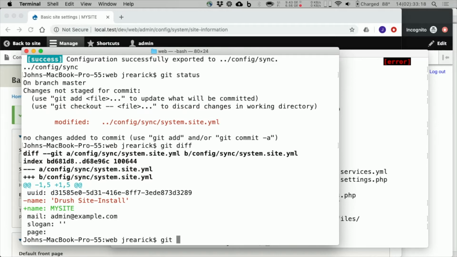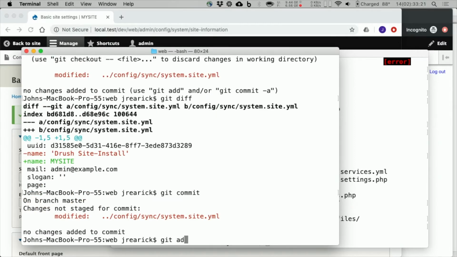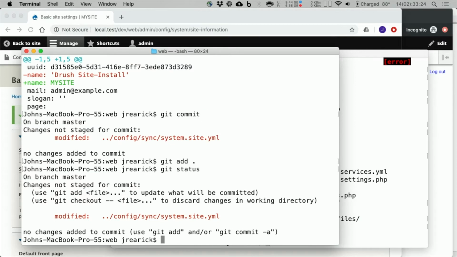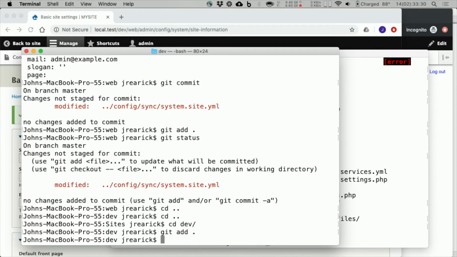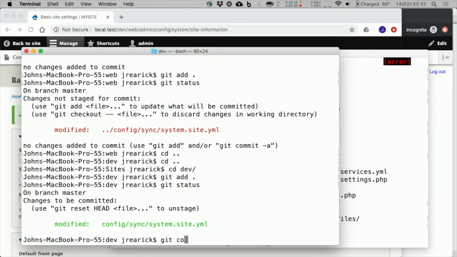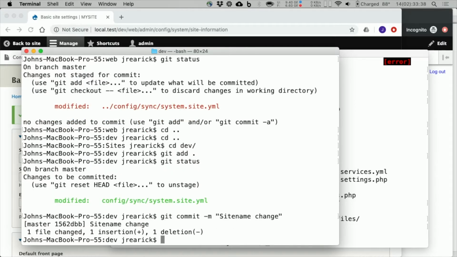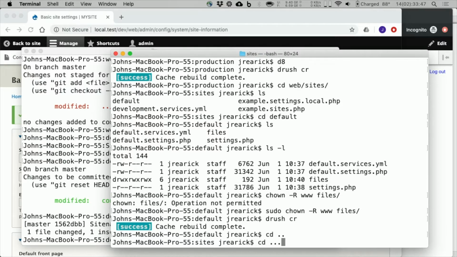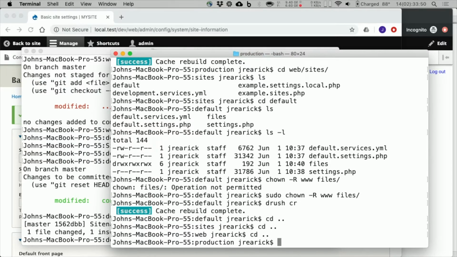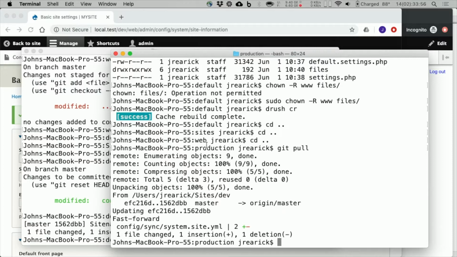So I can git commit this again. Whoops, let's add it. All right, we got that committed, push it, and then we can go on to production and pull it. And since this doesn't depend on the colors, I can just do a git pull. All right, so now we've got the updated YAML file,